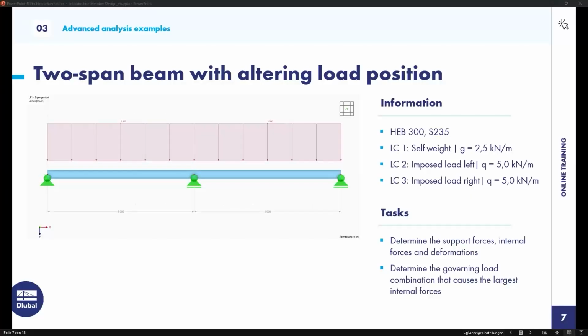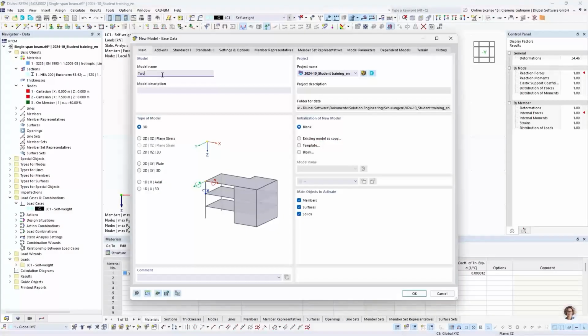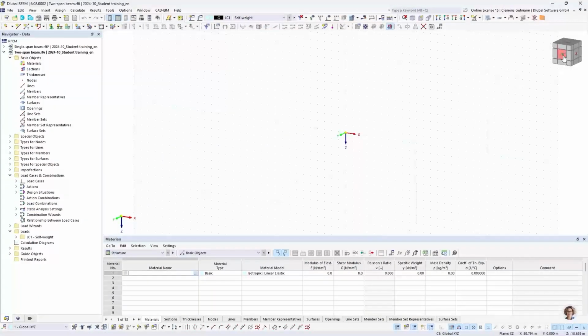Additionally, we are asked to determine the governing load combinations that cause the largest internal forces. So let's jump back in and let us create a new model for that. Two-span beam. And again, I want to use the model type 2D plane stress like before and click OK. Now we have again a blank canvas,